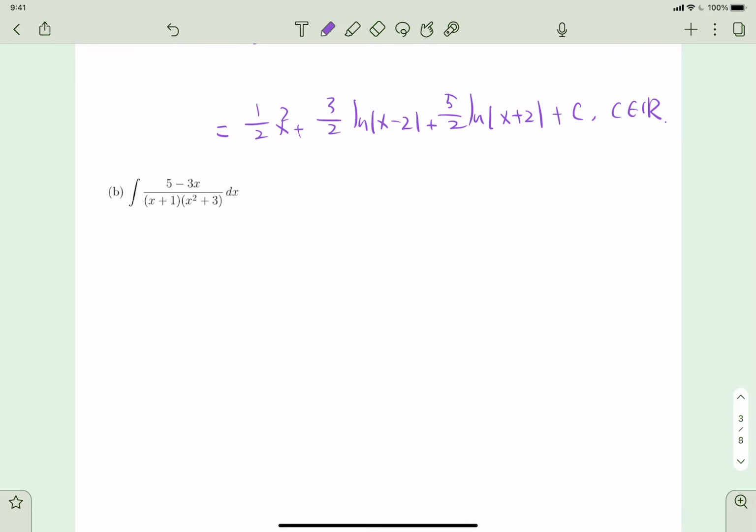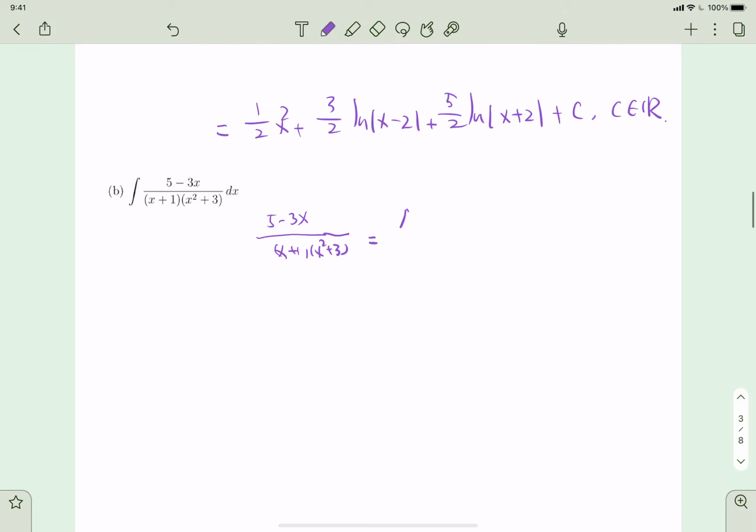Same steps, we work on this fraction, right? See that the power on the top is less than the one in the bottom, so it's good. And also, we see that the factors in the bottom are both irreducible, so we're ready for the decomposition right now. 5 minus 3x divided by this,